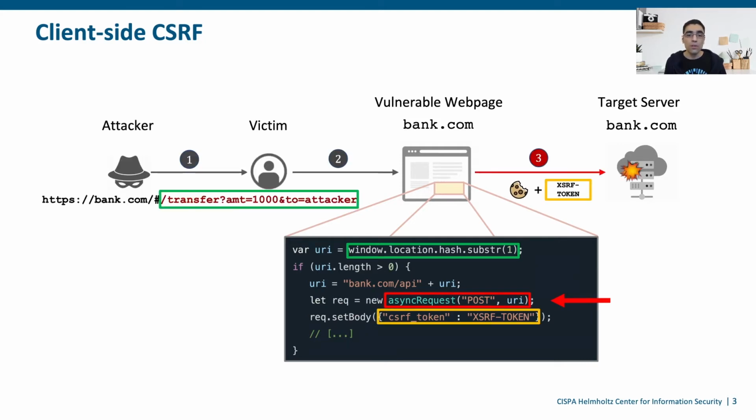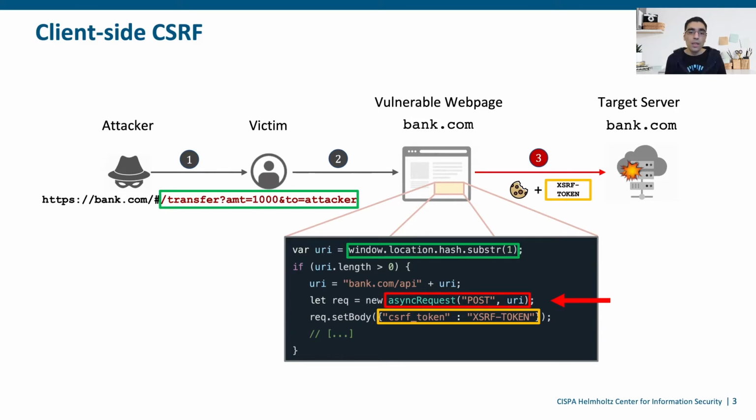If you have such a vulnerable web application, an attacker can craft a malicious URL and lure the victim into clicking on it. For instance, in this example, the client-side code will send the request to bank.com/API/transfer, resulting in an illicit transfer of funds to the attacker's account. Now, this is an example of what we call client-side CSRF. However, more generally, client-side CSRF vulnerabilities originate when the JavaScript program uses attacker-controllable inputs for the generation of outgoing HTTP